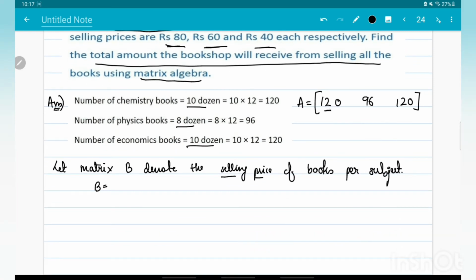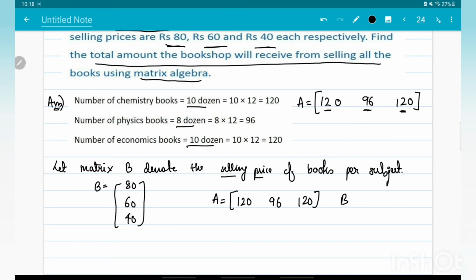So here you can see this is chemistry books. So first you write the price of chemistry books 80, then this is physics, so the price of physics books was 60, and this is economic books, so the price of economic books was 40. And this is our column matrix. Now why am I taking a column matrix? Because I have to multiply both these matrices. Now if I take both the matrices as a row matrix, or if I take both of them as a column matrix, then I cannot multiply it. See, suppose if I take A as this row matrix, and I have taken B also as a row matrix, suppose I've taken both of them as a row matrix, and I'm supposed to multiply, only then I can find the answer, right?